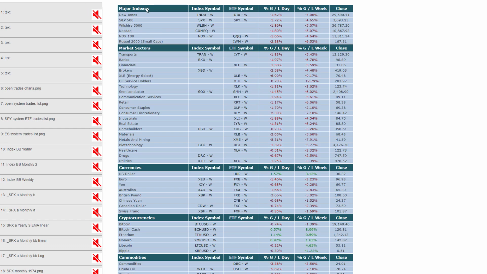Item number 2 shows the index sector table, what transpired last week. The major indexes are at the top. Again, a bloody sell-off on basically Thursday and Friday. Down for the week, major indexes down 5 to 6%. Major market sectors, we follow 20 of them here. Every single sector was down.